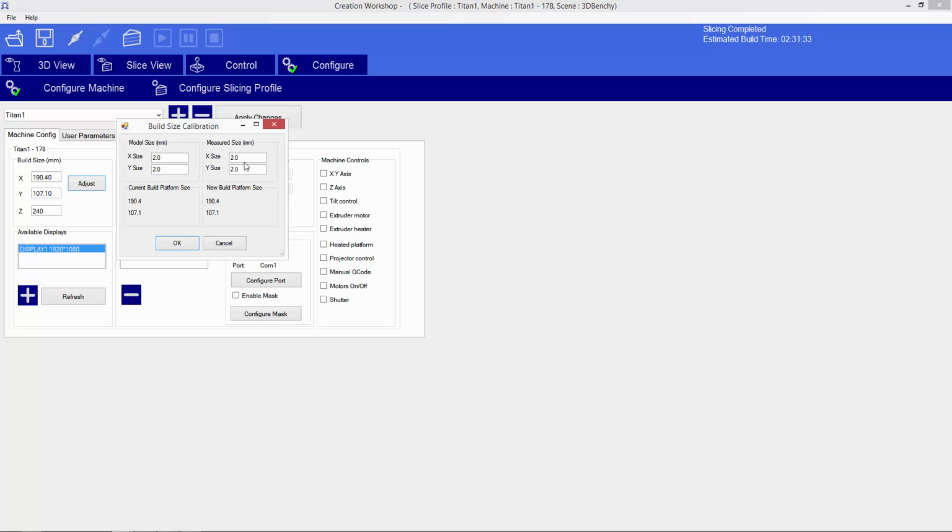And that'll be fine for the outer dimensions of a model. So if you have a model which has no negative space, it's purely convex and doesn't have any holes in it, no depressions, then you could use this in order to easily get the outer dimensions as accurate as possible,